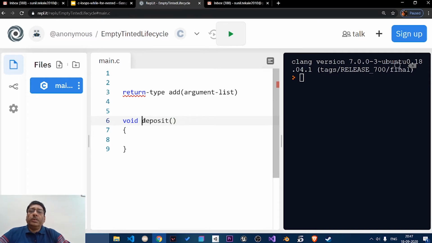So this person will perform the task of depositing the money, and then this person is not going to give us any value. So when you are not giving any value, your return type has to be shown as void over there. So you can write a function in this fashion. You can as well write a function in this way, wherein you can say void